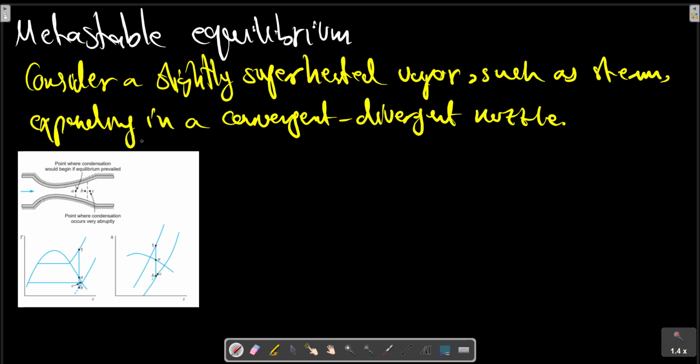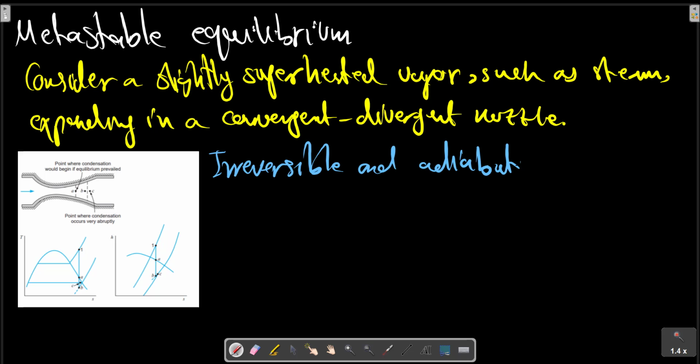Assuming the process is irreversible and adiabatic, the steam will follow path A1